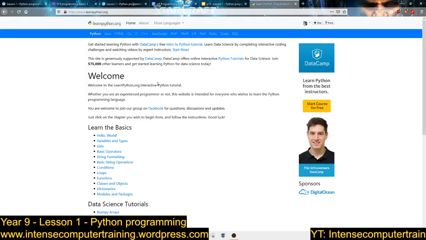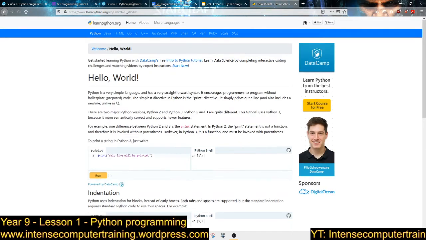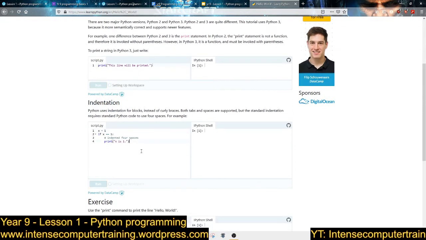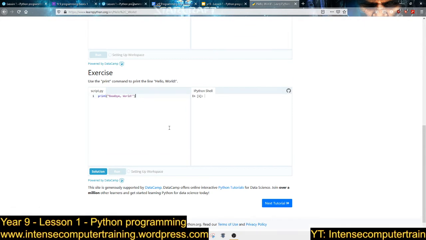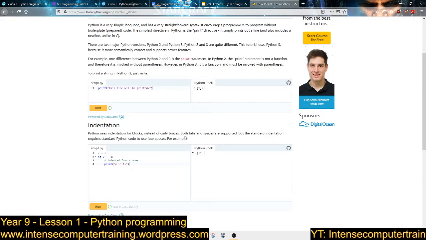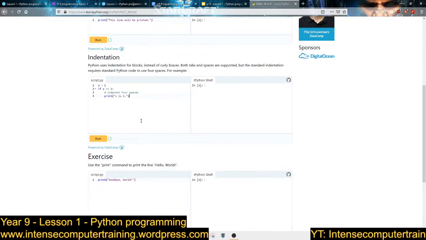You can do this. Now it's very basic, but it'll get the job done. If you go to learn the basics, hello world, what it'll give you is this, like loads of screens. If you use this site indefinitely, you'll learn to program. I would use this if you've got nothing else to do, but we're going to use it for this.